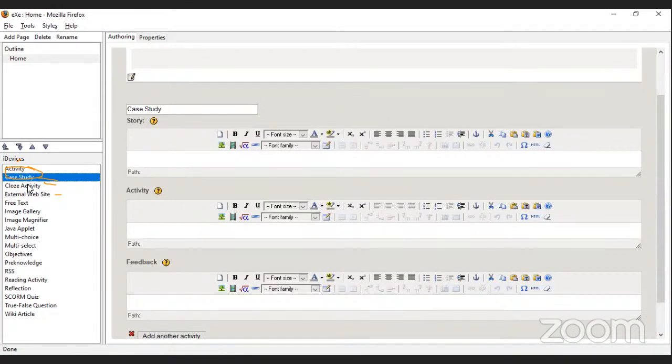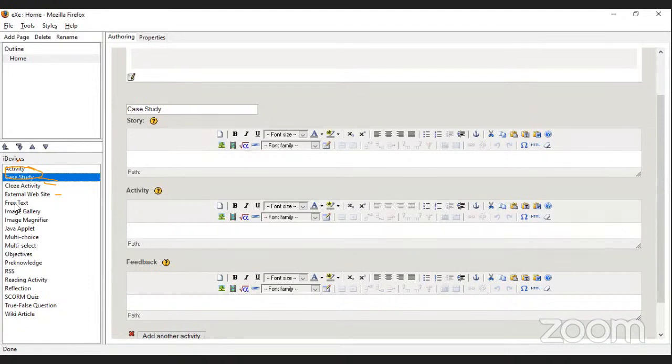We have the link, that is to help us have a close external website link. Whenever we are adding up content and we want to be able to put an external link as part of the content that we are authoring, then we use that. We have the free text, where authors enter free text using